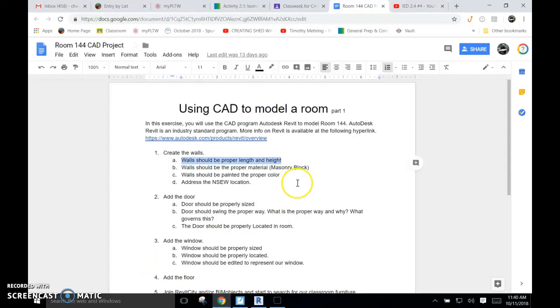Welcome. I'm in Autodesk Revit. I've just opened up a new architectural template. I'm going to go ahead and start laying out room 144. I'm going to start by creating the walls, and I read up here that walls should be proper length and